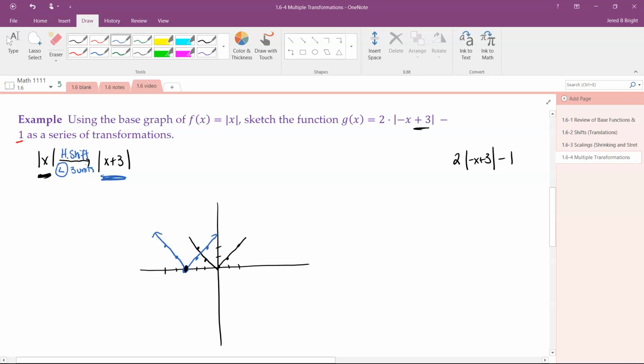Okay, so all I've done is shift it. Then it says next any scalings. So I think I actually have 2 scalings. I have the 2, which is a vertical scaling, and then technically this negative, it's a horizontal reflection, and so that is another one that we need to take care of. Now here, it doesn't matter which order you do them in. I always have the habit of doing all horizontals first and then worry about all verticals. That's just my own thing. So if it was me, what I would do next is I would do the horizontal reflection. So I'm just going to say this is a horizontal reflection